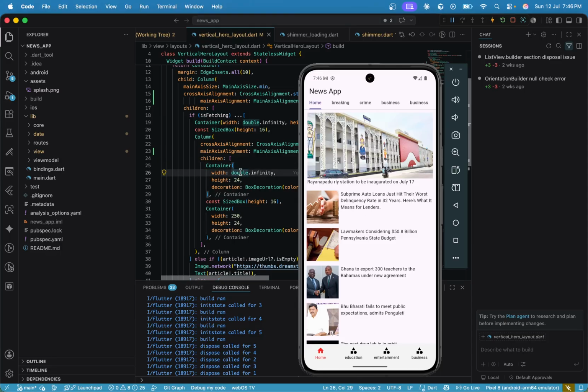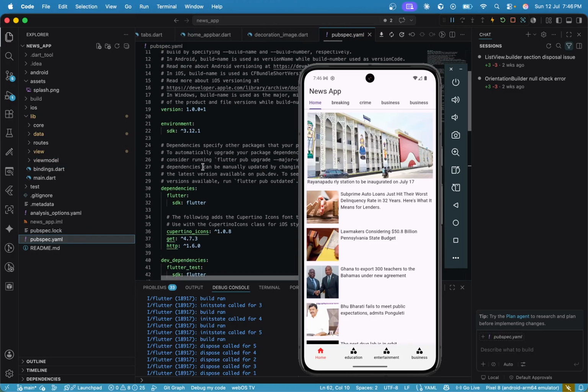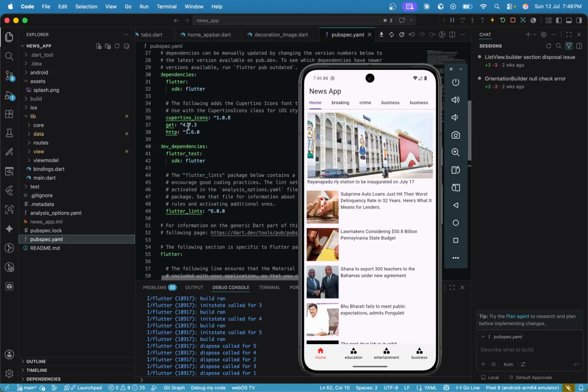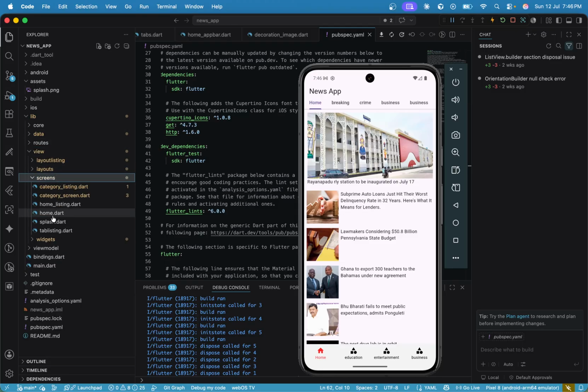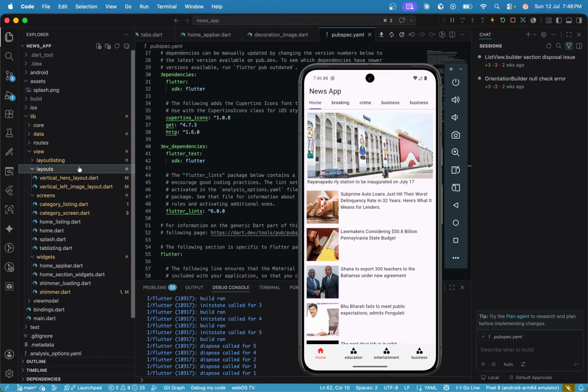And in this, we are following the complete MVVM structure. And for state management, I'm using the GetX package. So let me show you first, we are using this view structure for screens, complete screens for UI,